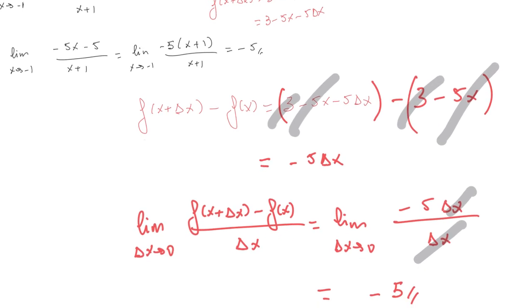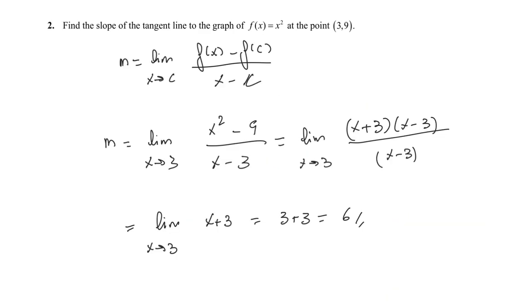Let's go to the next problem. Minus 5 is the slope. You see that the slope doesn't depend on x. The slope is minus 5. So this minus 5 is the slope at any point x, not only at the point that the problem is asking, at any point. The next problem says, find the tangent line to the graph f of x equal